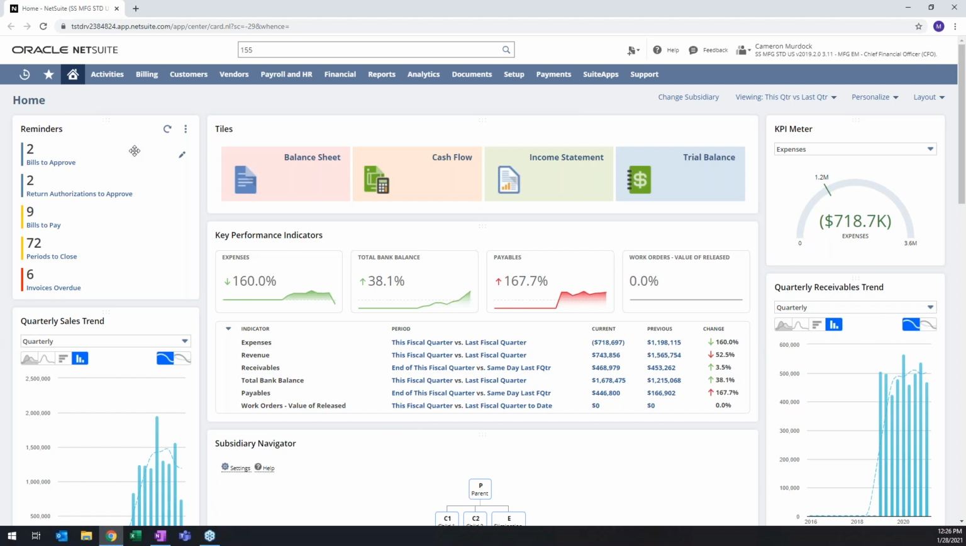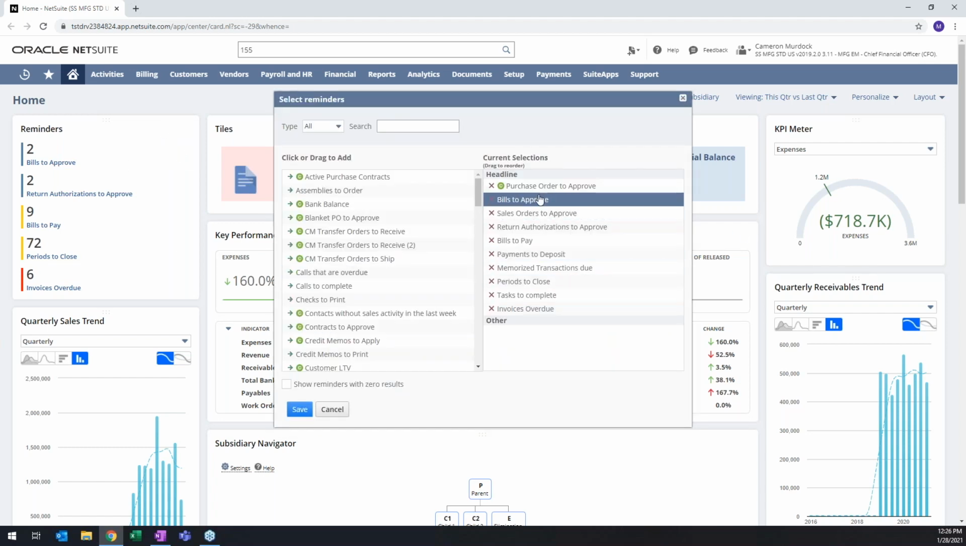It's almost like your to-do list. And so you can see I have a couple bills to approve, I have some authorizations, some bills, and some periods to close. I'm really behind on closing my periods. But again, it's kind of, hey, what do I need to focus on? And so these can be set up. Right now I've got quite a few of them here. It only displays when there are numbers that justify that,